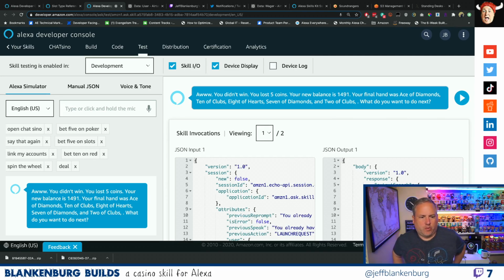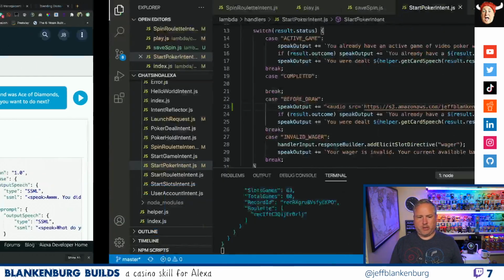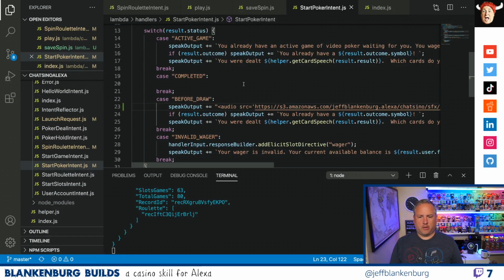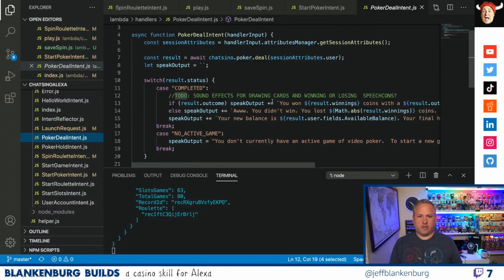Okay, so we're close here. What we need to do is, this is the start poker intent. I've got this part working. You're always going to get 5 cards to start the game. So what we want is the poker deal intent, and this is where the game is completed. And we need to make that sound for them for the number of times that they